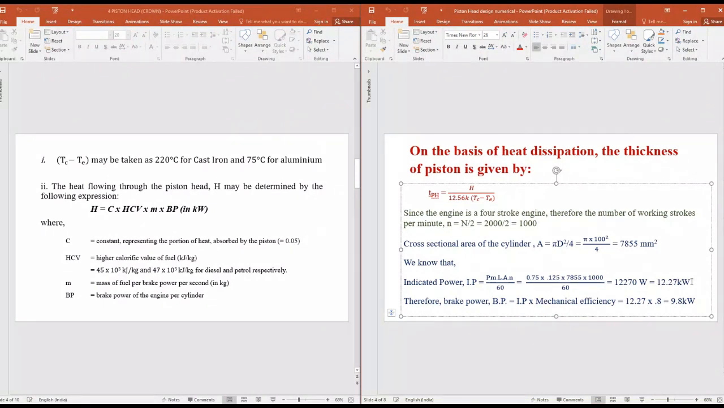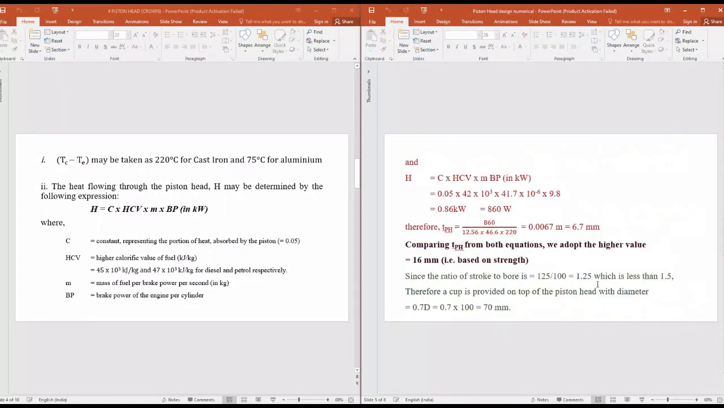But since we have mechanical efficiency of only 80%, only 80% of this much is available for use. That is 9.8 kilowatt, 80% of this much. Alright, so this is how we are getting 9.8. So when we solve this, we get this much kilowatt, or 860 watt. Therefore, thickness of piston head using heat dissipation criteria, we have